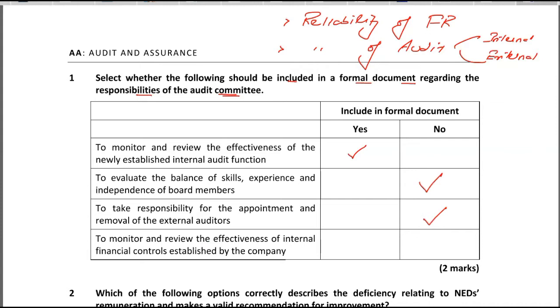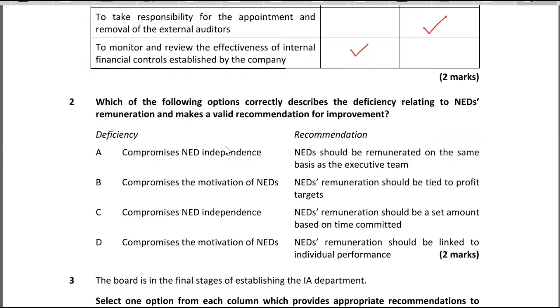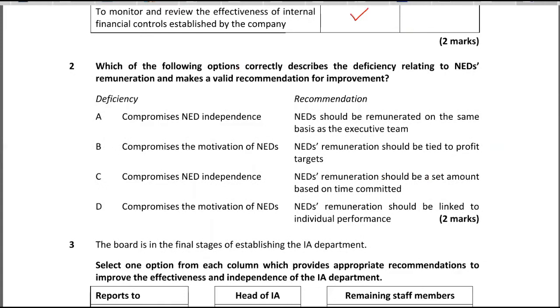To monitor and review the effectiveness of the internal financial control established by the company. Yes, as I made it easier for you, the reliability of the financial reporting and the reliability of the auditing. This first question was easier. Now coming towards the second,